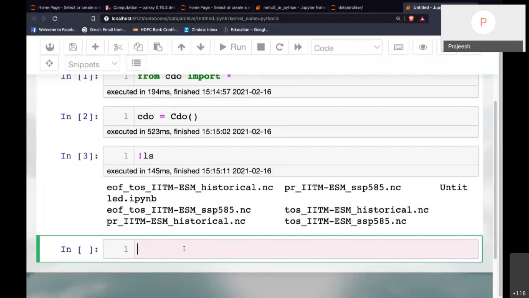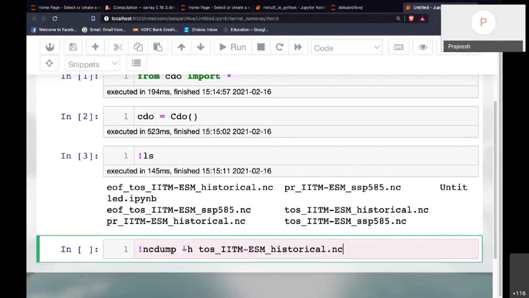So basically you can use any CDO command which is available in the terminal when you use CDO inside this Python module. Okay, so I'll just give a few examples of how to use it. So let's say I want to select first. Let's see what is there in this file.